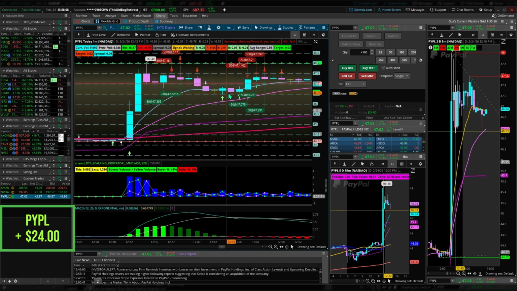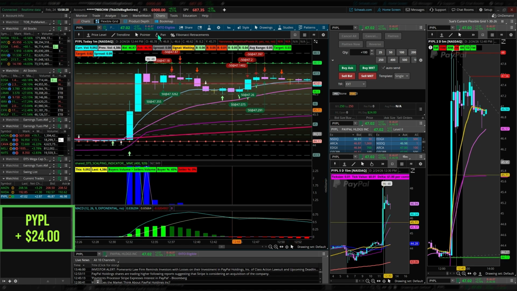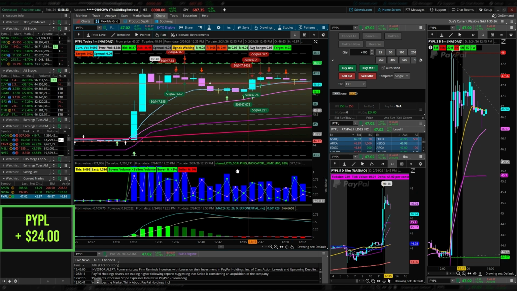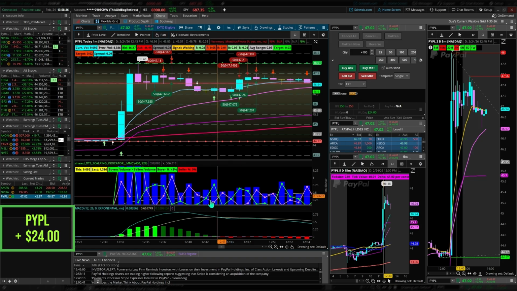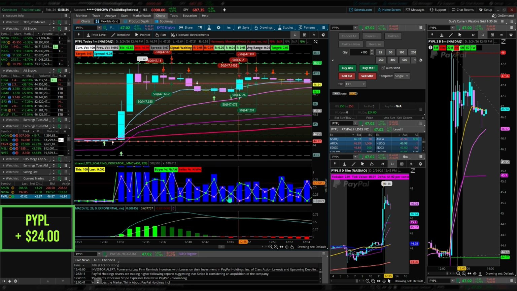So we do this huge pullback here. It comes back up right here, and I think, okay, this is a pretty strong candle, I'm going to get in. And we started seeing a little bit more volume here. I don't know if that will move. Oh, God, this always gets slow when I try to screen share. Okay, notice how this volume comes way down and sellers stepped up and buyers came way down. But buyers started stepping up here on these volume bars and on these candles. And you can see where the sellers just completely went smack to the bottom and the buyers were right at the top.